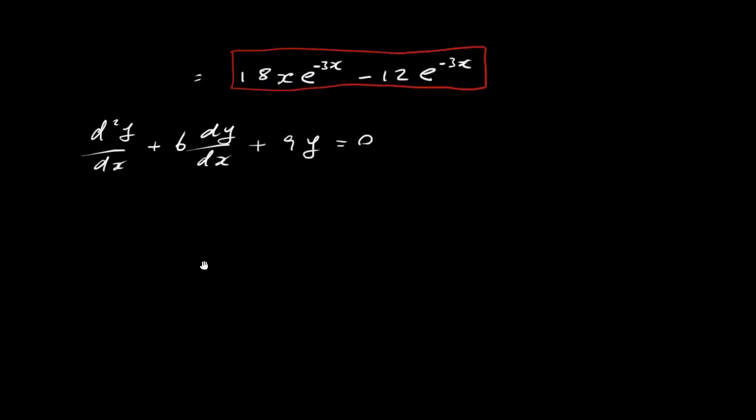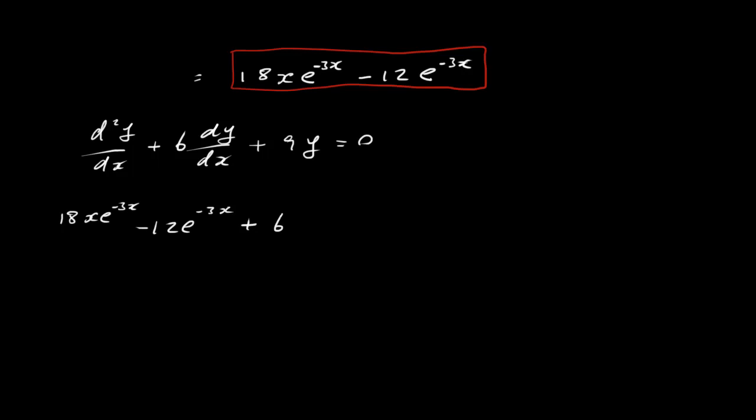So the first thing I'm going to do is put the second differential in here, the first differential in here, the actual solution in here, and then equal to 0. So let's do that. Second differential was 18x e to the power of minus 3x minus 12e to the power of minus 3x plus